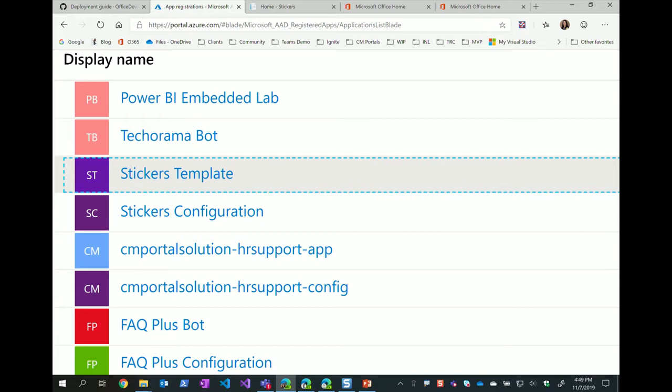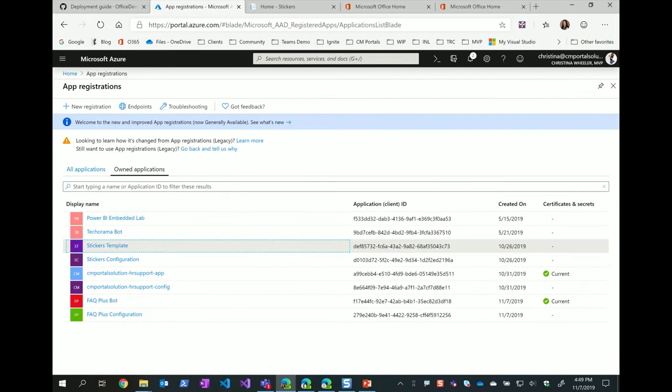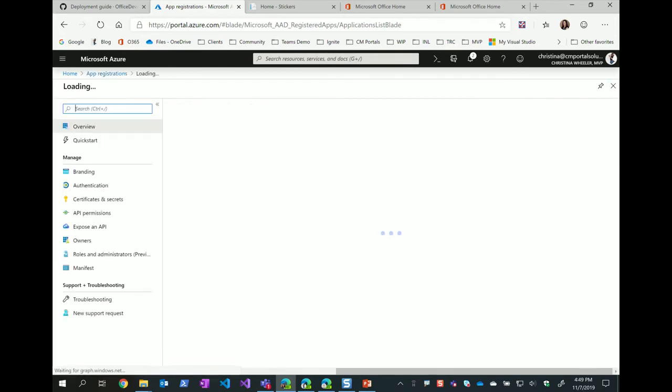Like I said, you don't have to be a developer to deploy this, because all you're doing is taking the pre-built templates that are built. And then if I go to the stickers configuration here,